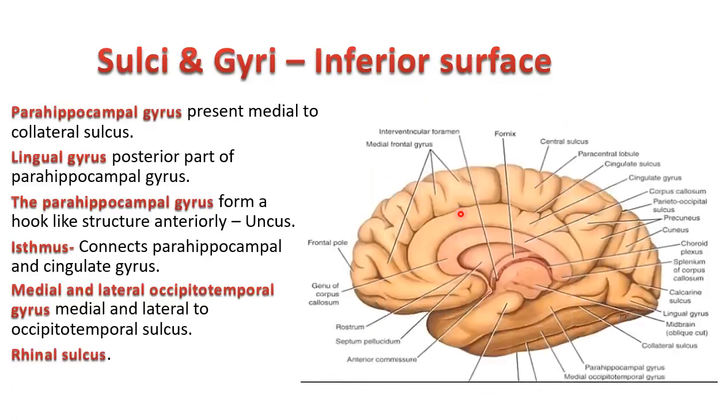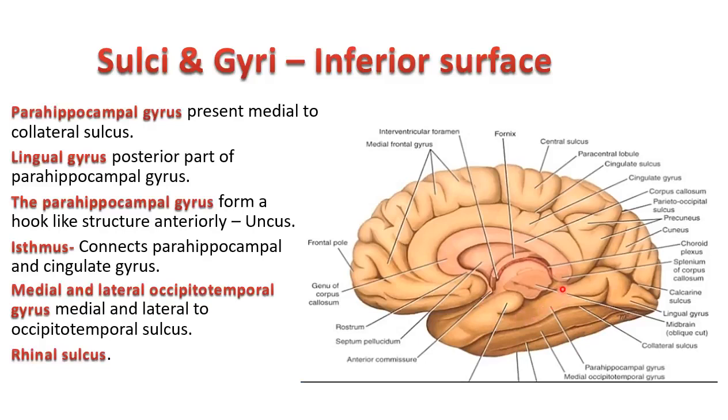So on the inferior surface, mainly here, you are able to see the parahippocampal gyrus forming the uncus. And this is your collateral sulcus, and that is mainly your temporo-occipital sulcus. The parahippocampal gyrus, you are able to see that continuing laterally as the lingual gyrus,